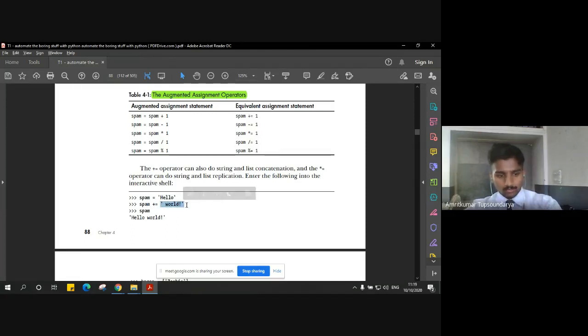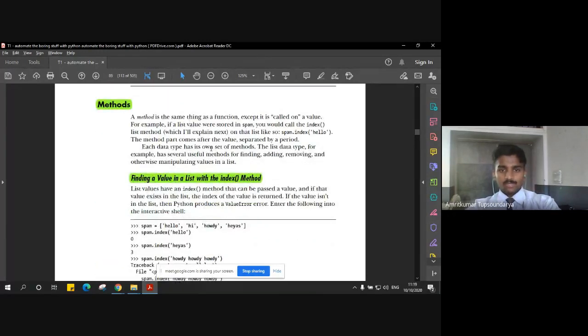Please focus here that this is actually a string, because we are quoting it in single quotes. And you can see here there's a start of the single quote, there is a space here, and then we have the actual content, that is world here, and then again closing with the single quote. So this defines that this is a string. Now these two strings will be concatenated or joined or augmented to print a single string called hello world. This is a simple example of how an augmented assignment statement can be used.